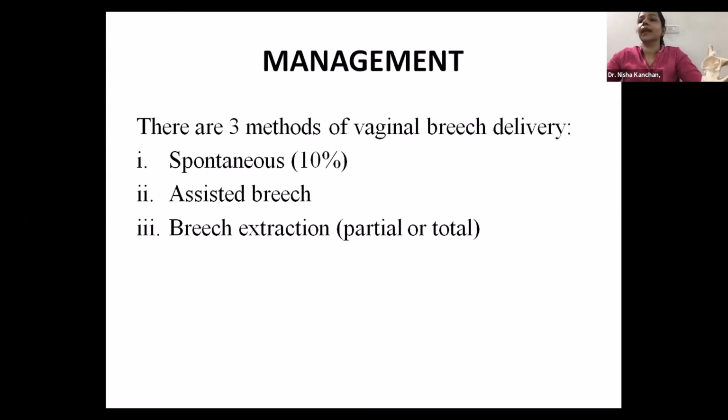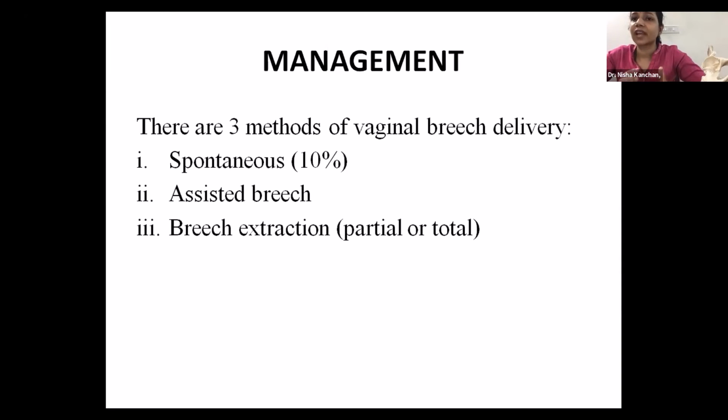Like for how we say the head is crowning, we do not say the breech is crowning. We say the breech is climbing the perineum. So when the breech is at the vulval outlet and stretching the vulval outlet, and you can see the breech for about 4 to 5 centimeters, we say that breech is climbing the perineum. From that point onwards, you put your hands in between the thighs and you pull out the entire baby. This is called breech extraction.